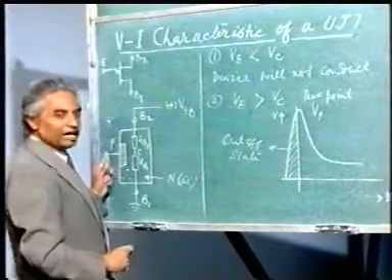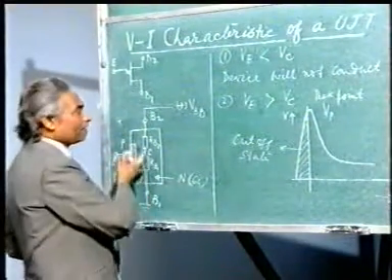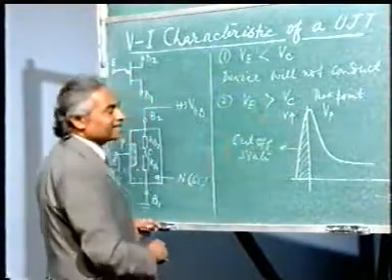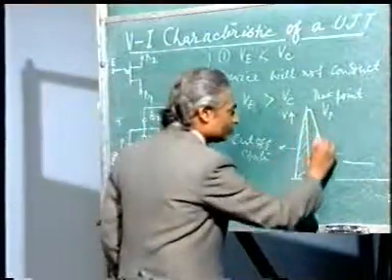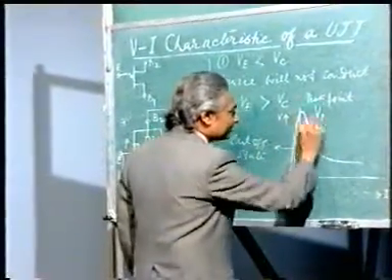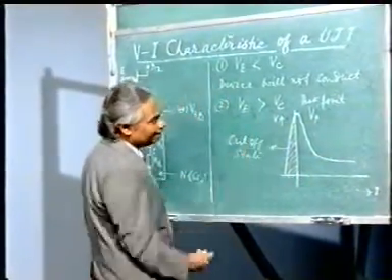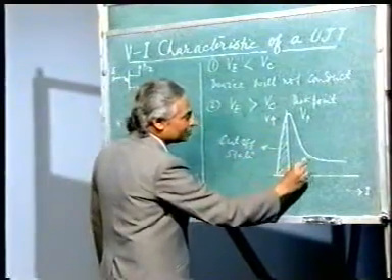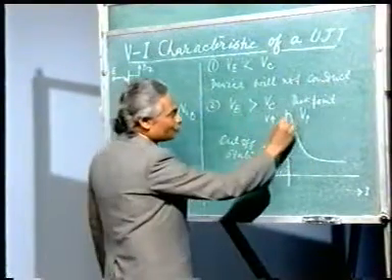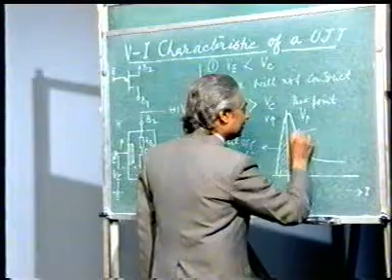Suddenly the diode becomes forward biased, that is VE is greater than VC, and it starts conducting. From this position to this position, that is this zone, it starts conducting. But what you are seeing here, the voltage is reduced, the current is increased. So from here to here it is negative